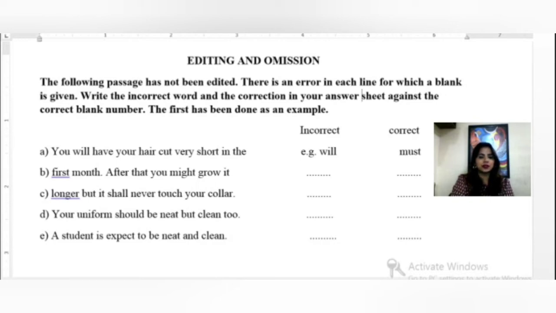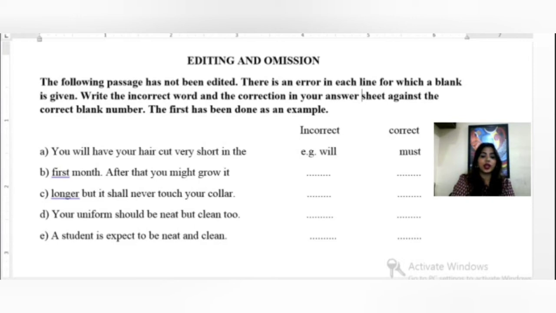Now, before attempting this question, the students will be trained in such a way that they should read the passage before jumping onto solving the question. The students should read the passage and should understand what the passage is demanding. The passage is based on some tense. The passage demands the corrections based on some modal auxiliaries or prepositions.